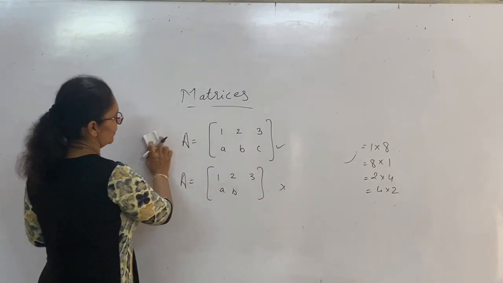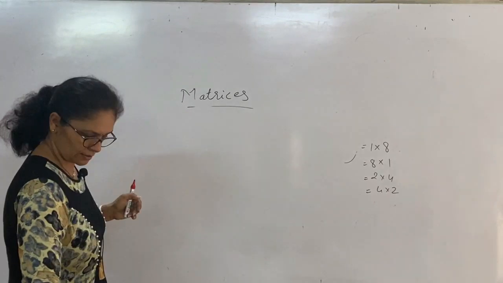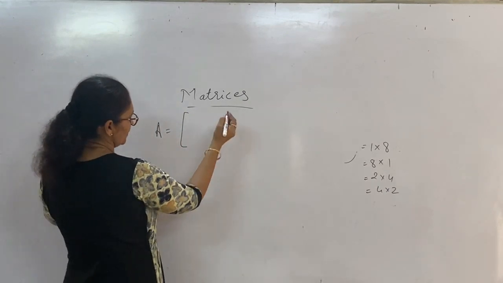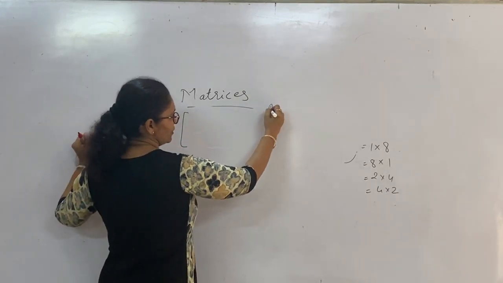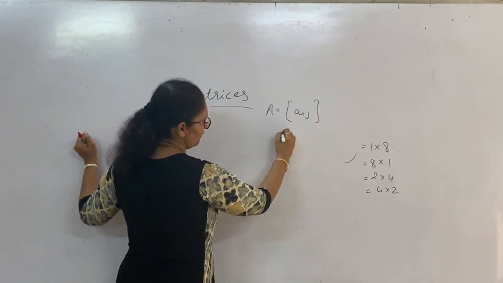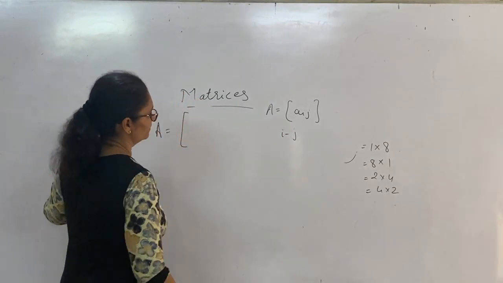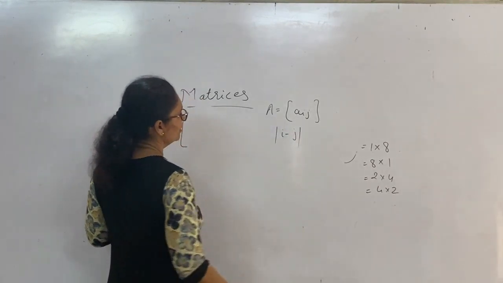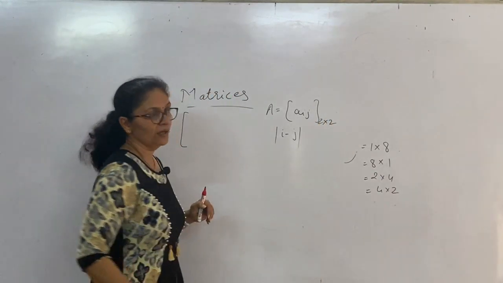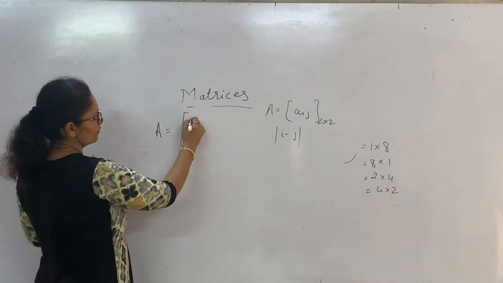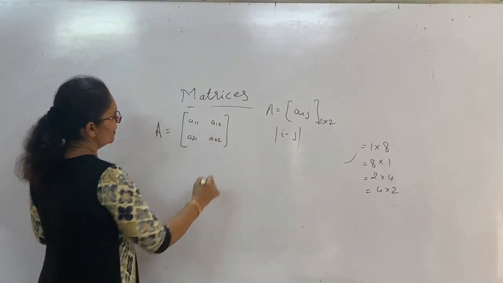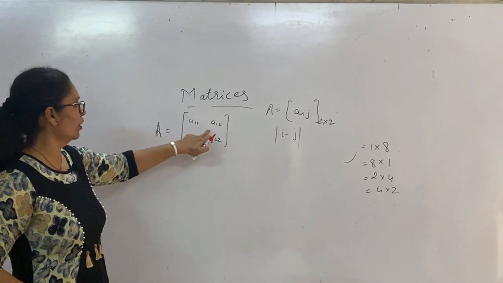Now we take a few examples where you have to construct a matrix. Let's take one example. Suppose the question gives a matrix A equal to a_ij, with the relation of i and j being the modulus of i minus j. Now this is a 2 by 2 matrix. 2 by 2 matrix means what? 2 rows and 2 columns. So first we construct a11, a12, a21, a22. Here we have 2 rows and 2 columns.